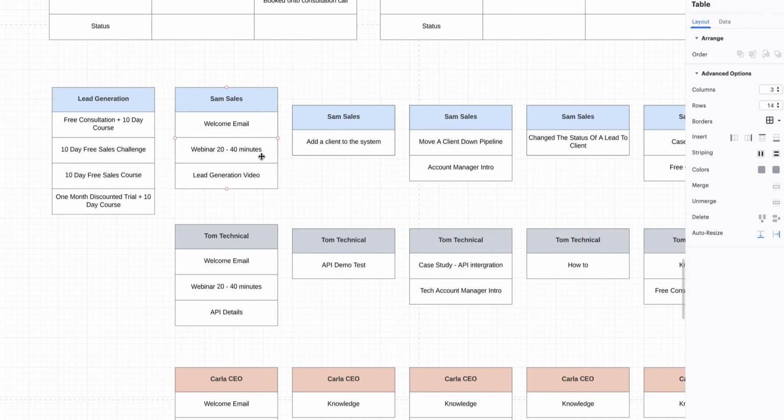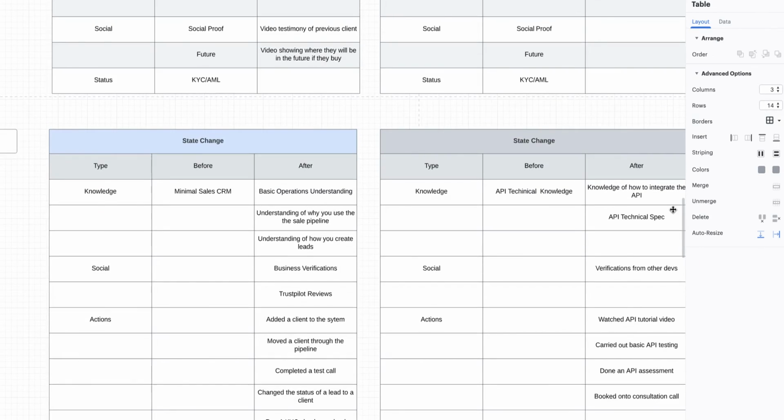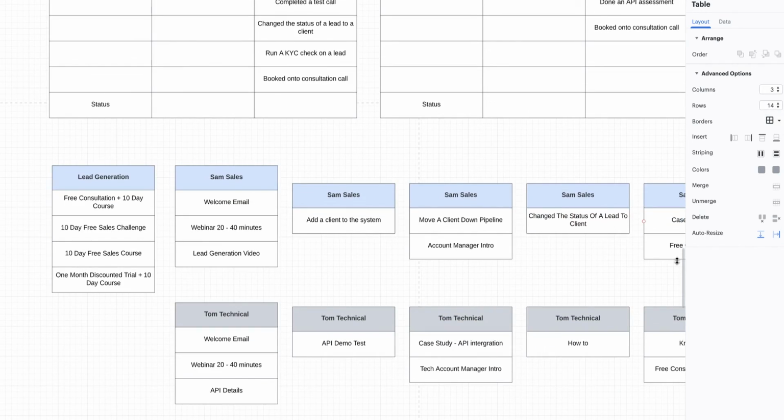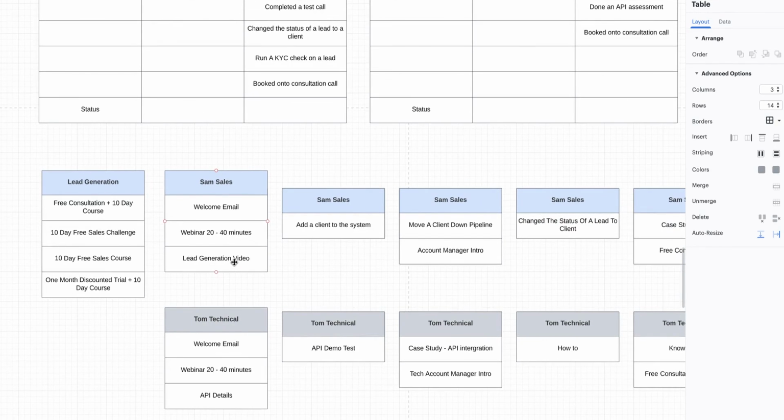next one is I send through a value email, which I'm trying to attempt to get the state change, right, by sending through value-based emails. So like for here, I've sent through a lead generation video, right? And that would be like less than 5 minutes. I'm talking like 2 to 3 minutes. And what I would do is I would send that to Sam and get him to perform an action on